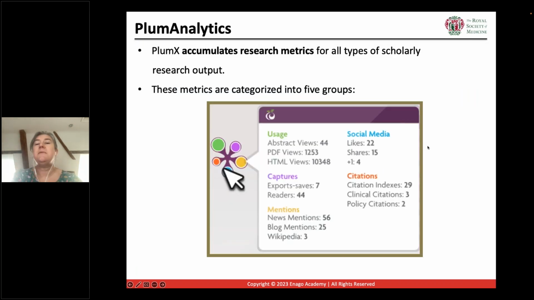So Plum Analytics is a subscription-based institutional product which provides tools and services for institutions and their researchers to give them insight into the full range of impact. So you've got usage, which is tracking anyone who's reading the articles or otherwise using the research.